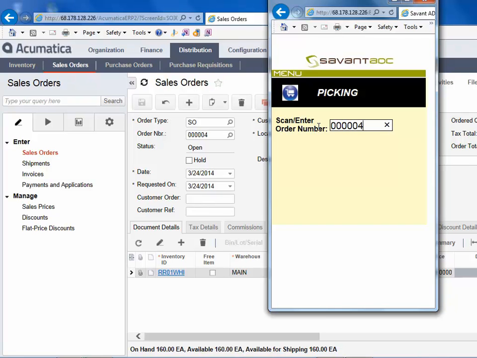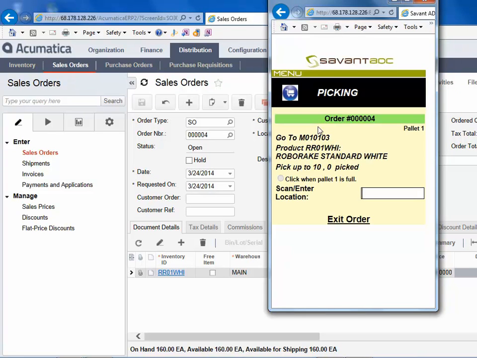So I'll scan the barcode at the top of the pick ticket, which has the order number, and then it's going to shoot me through those bin locations, ask me to go into the various areas in the warehouse and go grab the stock that I need for this order. In this case, I only have one item, so it's telling me to go to the M010103, and I need quantity of 10. So I'll go over there, scan the barcode label that's on that bin,